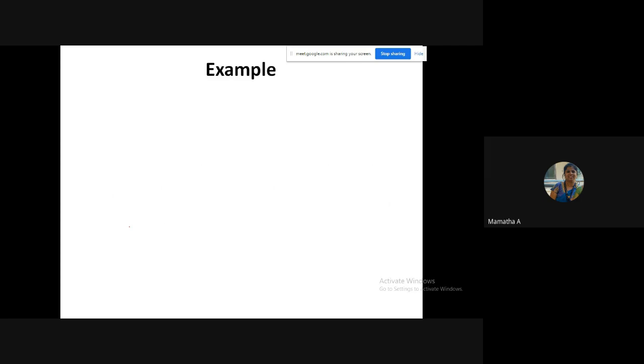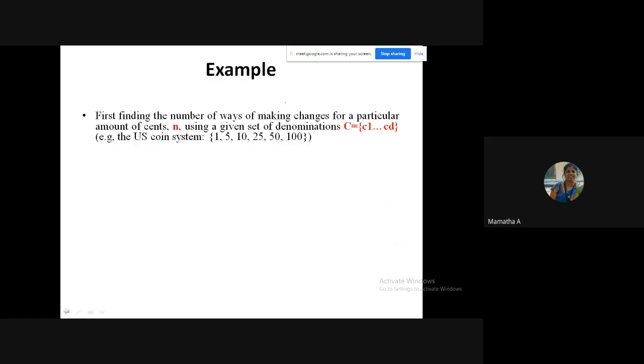Let's see one small example. Suppose I have an amount n. The denominations are given to me, say C equals C1 to Cd, some denominations. For example, say the amount for which I want the change is 4.